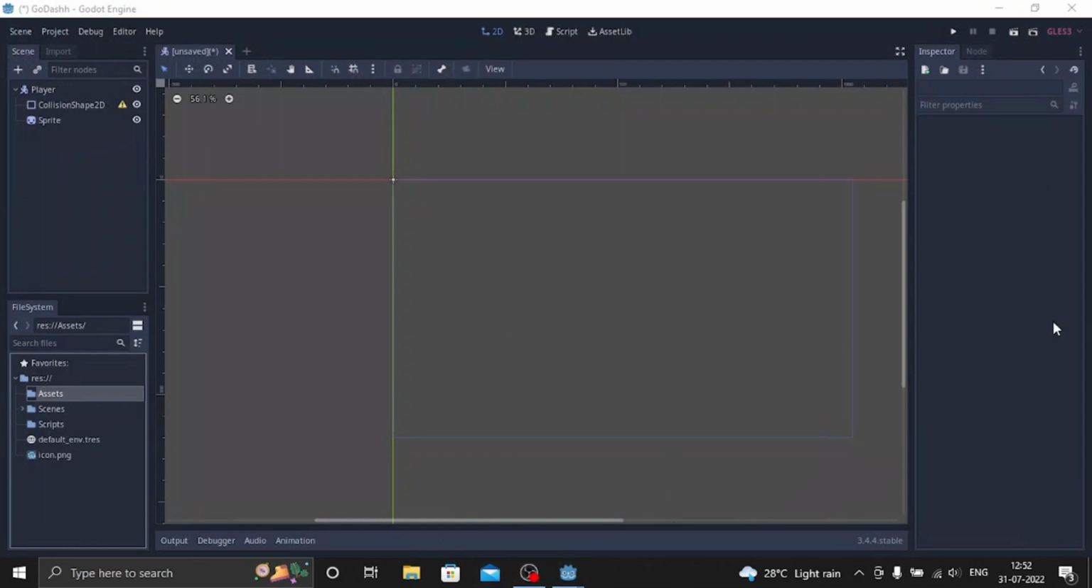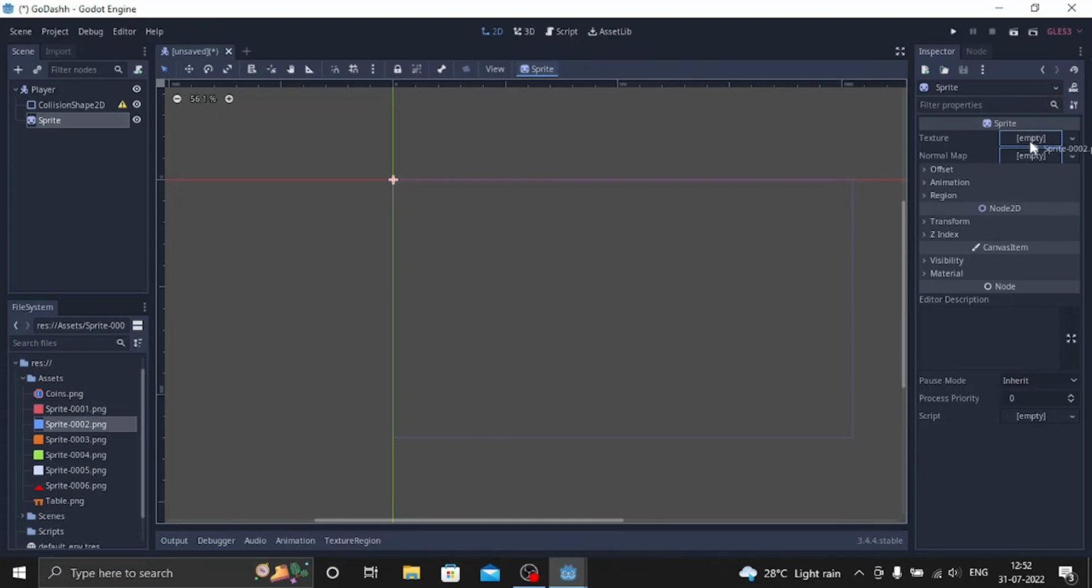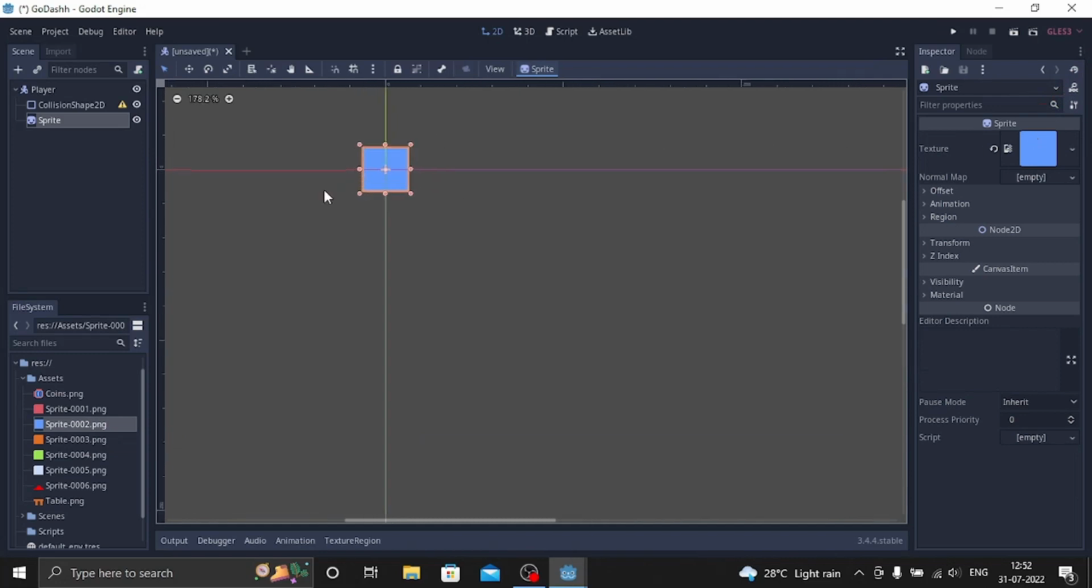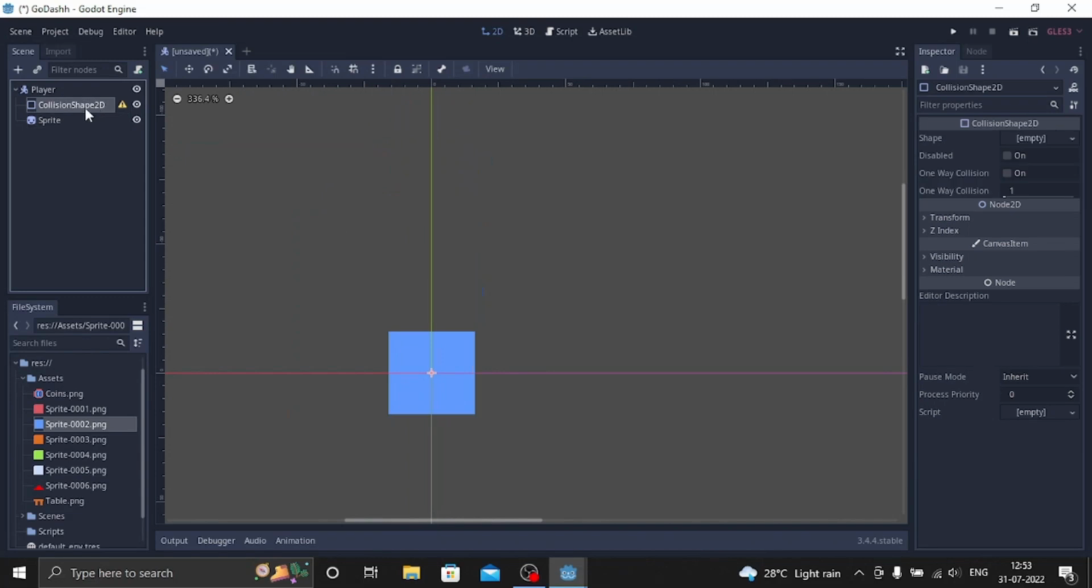So now that I'm done with the assets, I'll wait for them to import, and now let's just go to the sprite node, and let's add a sprite. So what color should we keep the sprite? I think blue would be a good color. Okay, so now that we have a 32 by 32 blue sprite, let's add a collision shape,